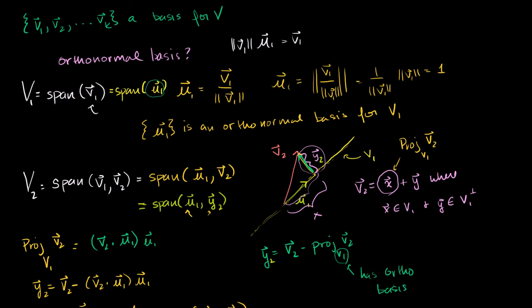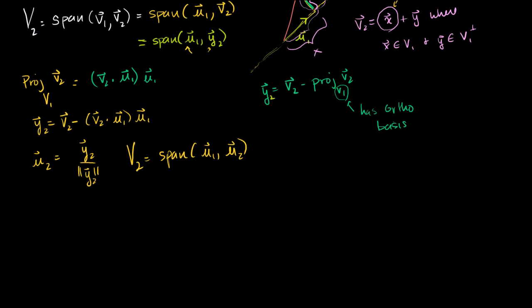What about if we want to go to a v3 here? Well, we do the same idea. So let's define a subspace, v3. This is going to be a three-dimensional subspace. Once we get beyond v3, it becomes a little hard to visualize, but I think you're going to see the pattern after this step. If we define v3 is equal to the span